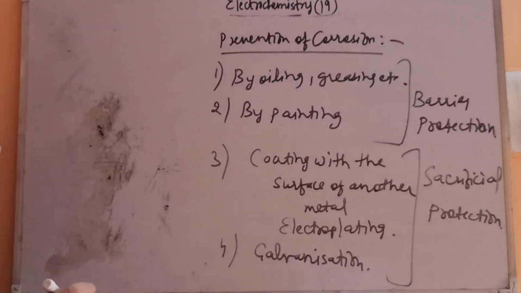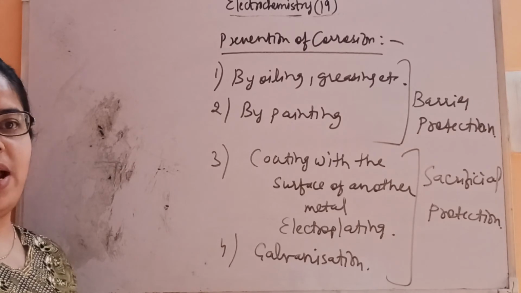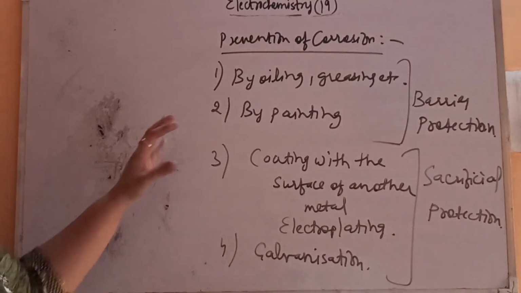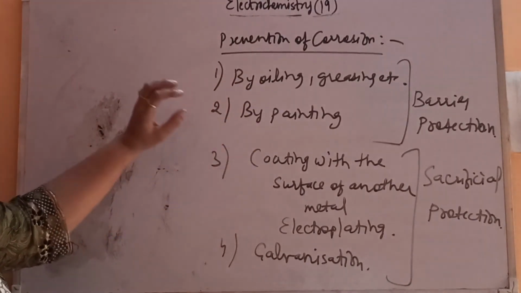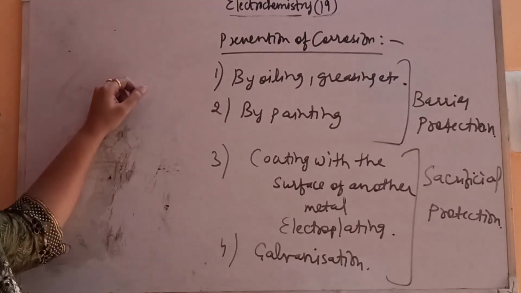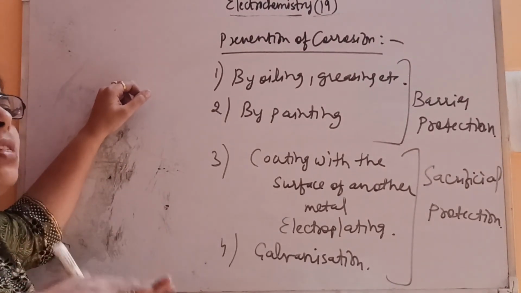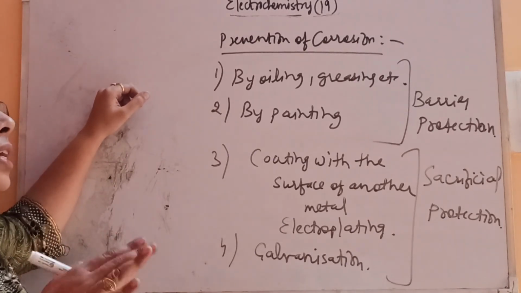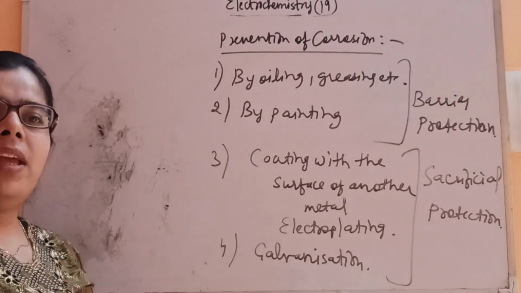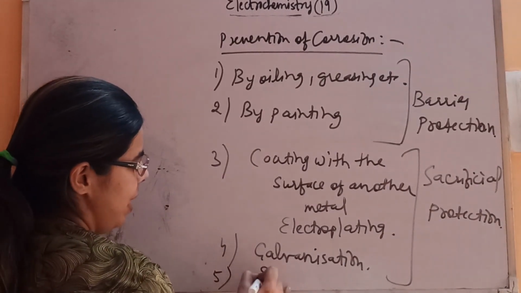Sacrificial protection is a protection in which the surface of the iron gets covered with a metal which is more electropositive, more reactive than that, like zinc. In electroplating we take a metal which does not get corroded, like cadmium, nickel, zinc. But especially in galvanization we take zinc so that the iron does not get corroded. Even if corrosion occurs, the zinc will get corroded, so it protects the iron. That's why we generally coat with a metal more electropositive than iron. And one more is there, that is if electricity is provided,